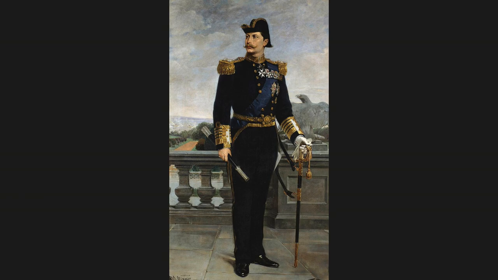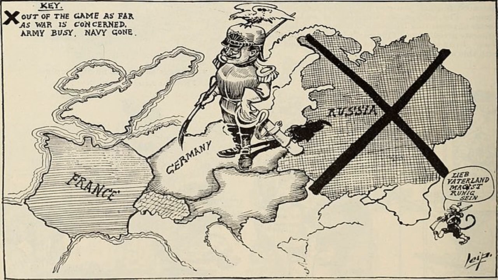Bismarck had kept Germany safe by ensuring that France remained isolated and that Russia remained friendly. Wilhelm's reckless decisions destroyed that balance, leaving Germany surrounded by enemies. Now, with the Franco-Russian alliance in place, Germany was trapped. If war broke out, it would have to fight on two fronts, against Russia in the east and France in the west. And as we'll see in our next video, this growing isolation would soon lead to an even more dangerous development, the formation of the Triple Entente between Britain, France and Russia.